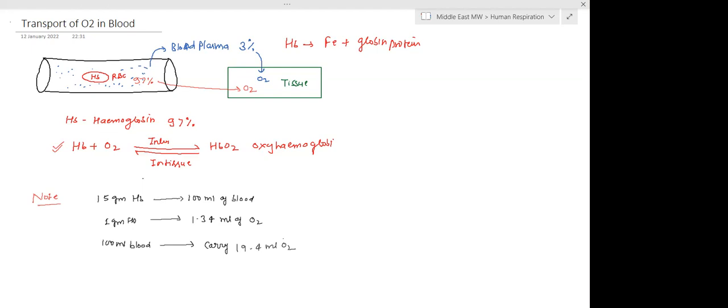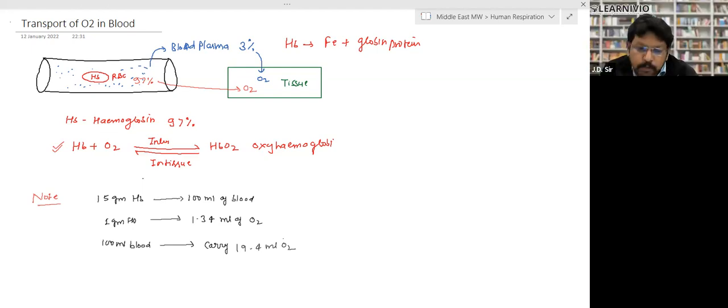Yes, sir. Next heading is transport of carbon dioxide. Carbon dioxide is transported oppositely. It is transported from tissue to the blood, right? So the next subheading is,